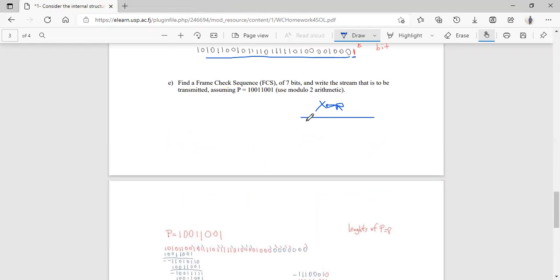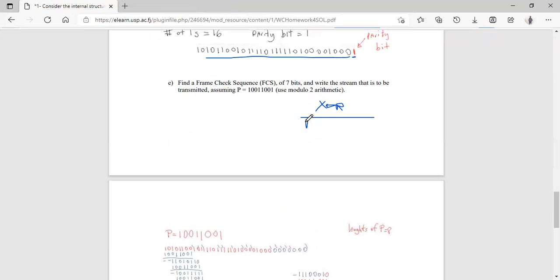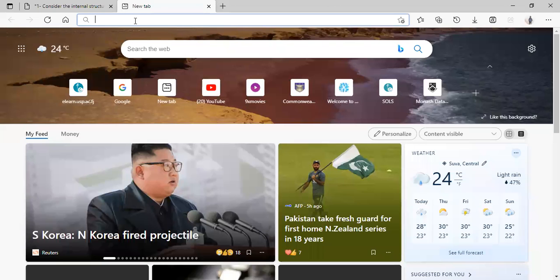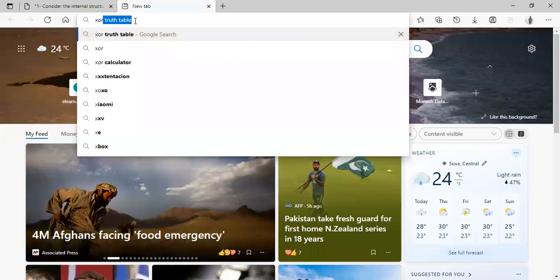It's really hard to write, so I'll just show you the truth table of an XOR system. If you look up the XOR truth table,